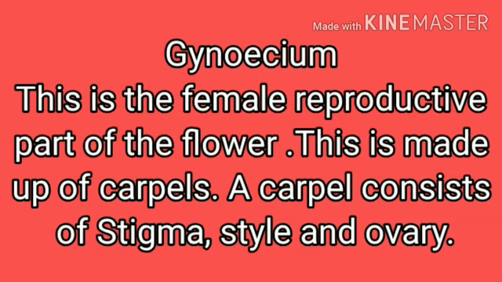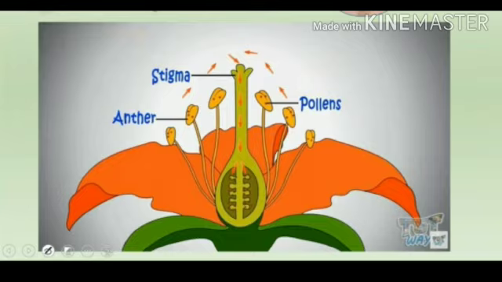Let's do an activity. Take a vertical section of a hibiscus flower with the help of a sharp blade. By cutting the flower vertically from stigma to pedicel, both sections of the flower will be seen to have the same structure.